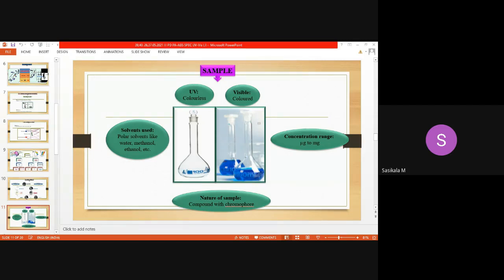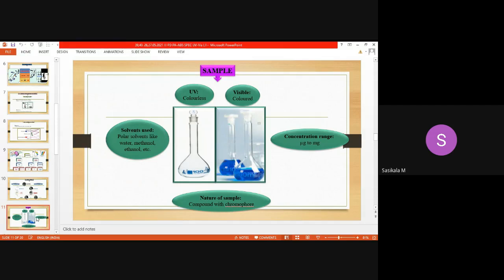So the cutoff wavelength is nothing but the lambda max of the solvent, the wavelength at which the solvent has absorbance between the UV visible range, between 200 to 800 nanometer. That is the range in which your sample needs to absorb. If any solvent absorbs in that range, mostly in the UV region it will be absorbing at 210, below 210 most solvents will be absorbing. That wavelength is called the cutoff wavelength. So if you find any absorbance in the spectrum in that range, that is of your solvent.